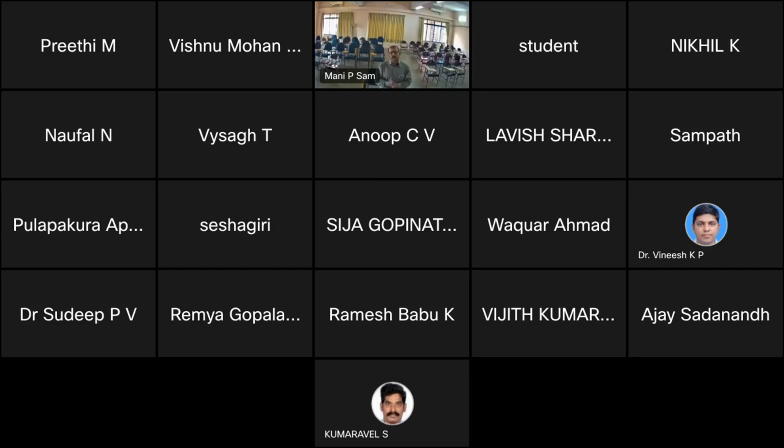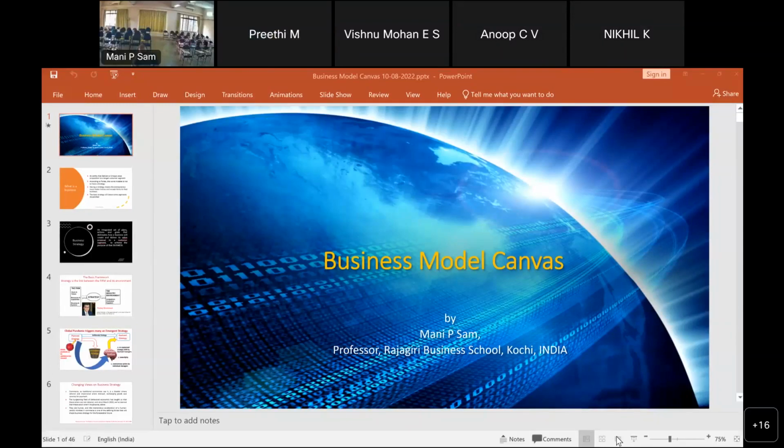So I will try to explain the business model canvas and try to do an example if possible, if the time permits. And I do hope if anybody has a doubt, you can raise the queries and we'll be able to have a discussion. Let me try to upload my presentation so that you have a base to discuss. So we'll start with